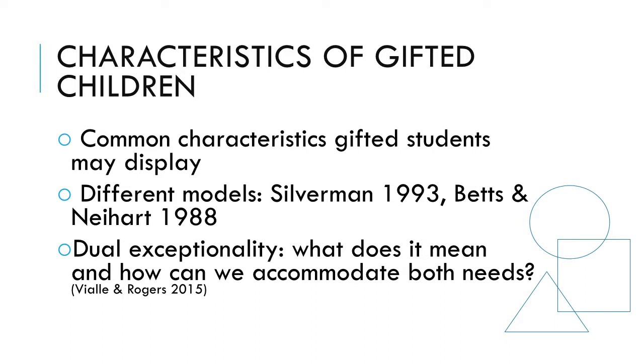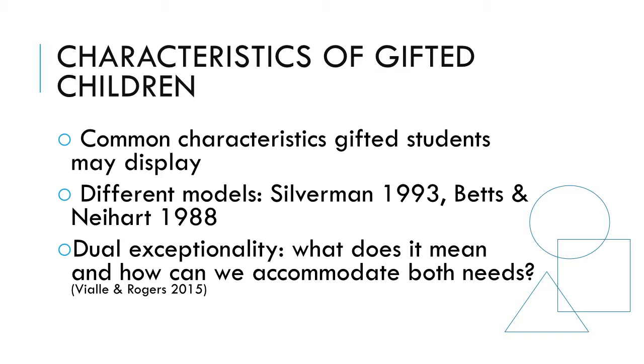Betts and Neihardt, 1988, have developed 6 profiles of the gifted and talented which may be present in your classroom. Keep in mind that children often change and may exhibit certain characteristics one day and different ones the next. They will also change in response to different environmental catalysts in their life. Betts and Neihardt's 6 profiles of giftedness are the successful, the challenging, the underground, the dropouts, the double-labelled, and the